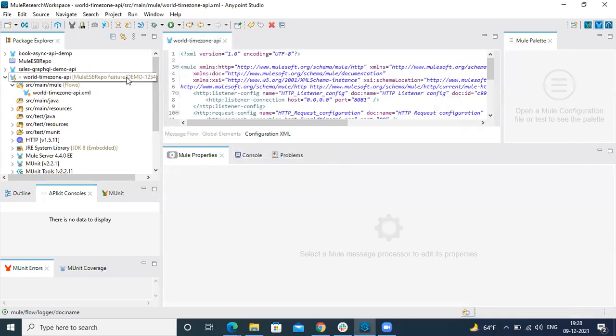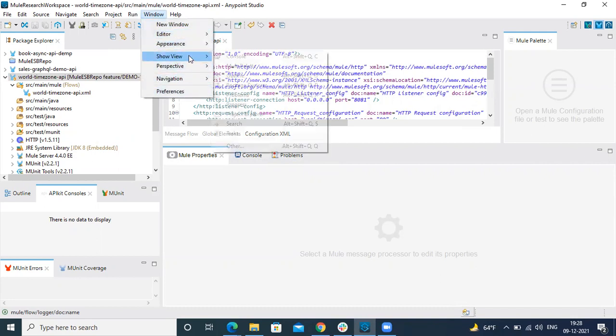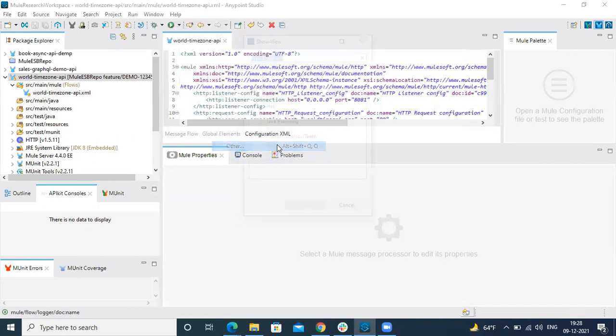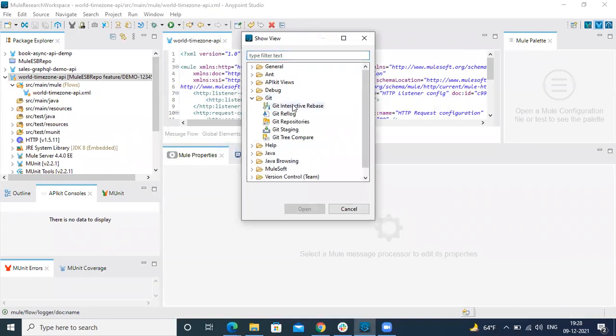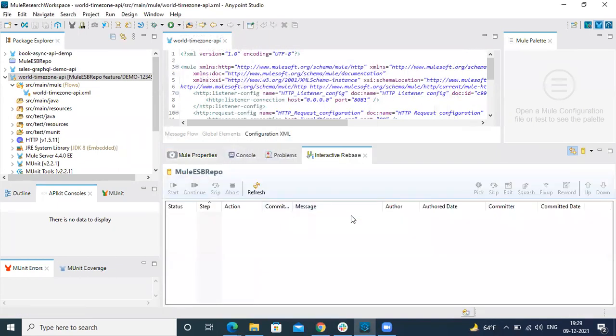So it also gives you a lot of features and functionalities which you can use from here, others and Git.